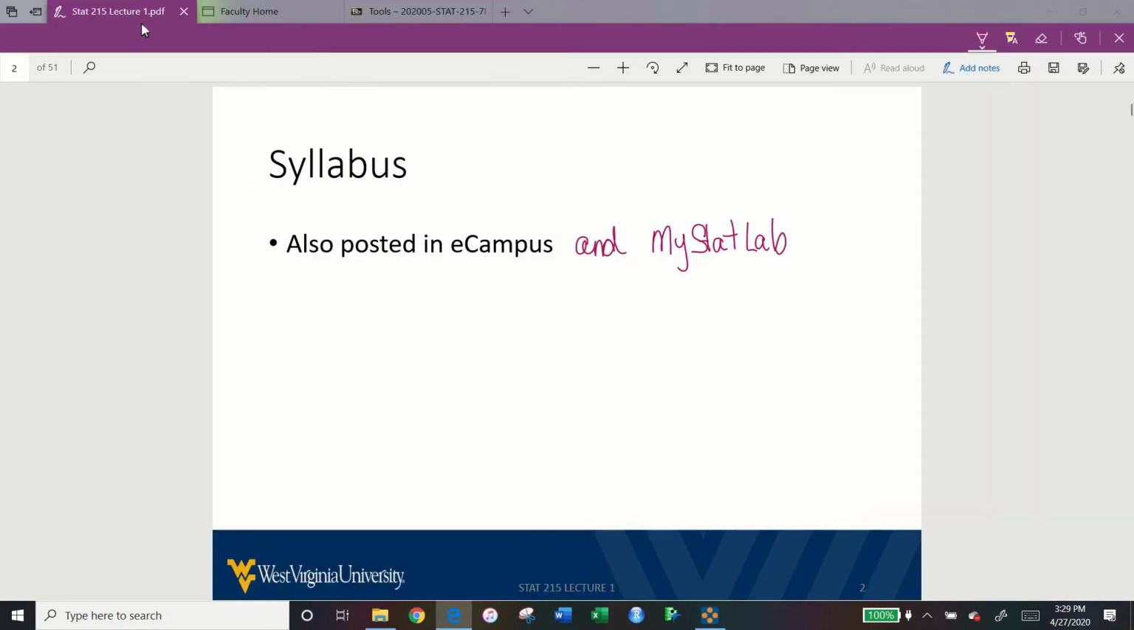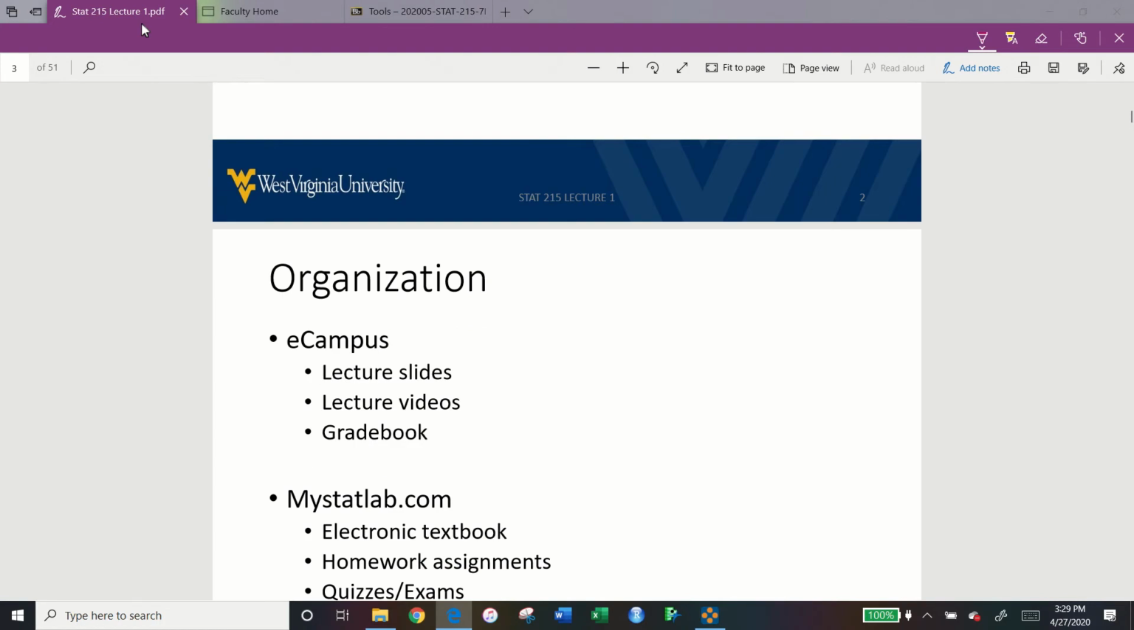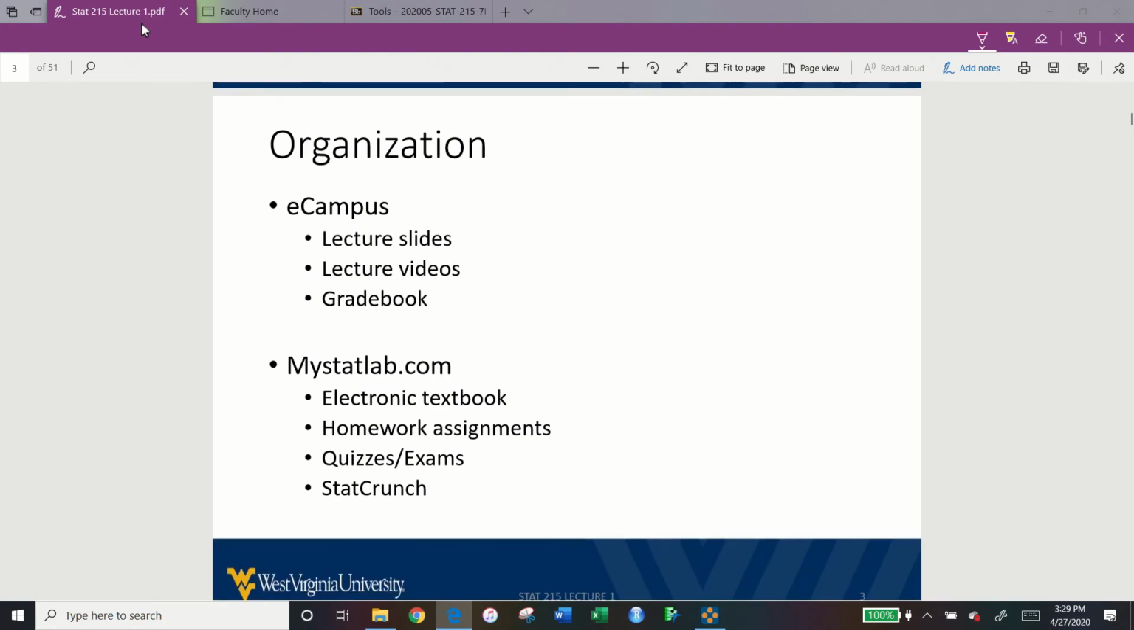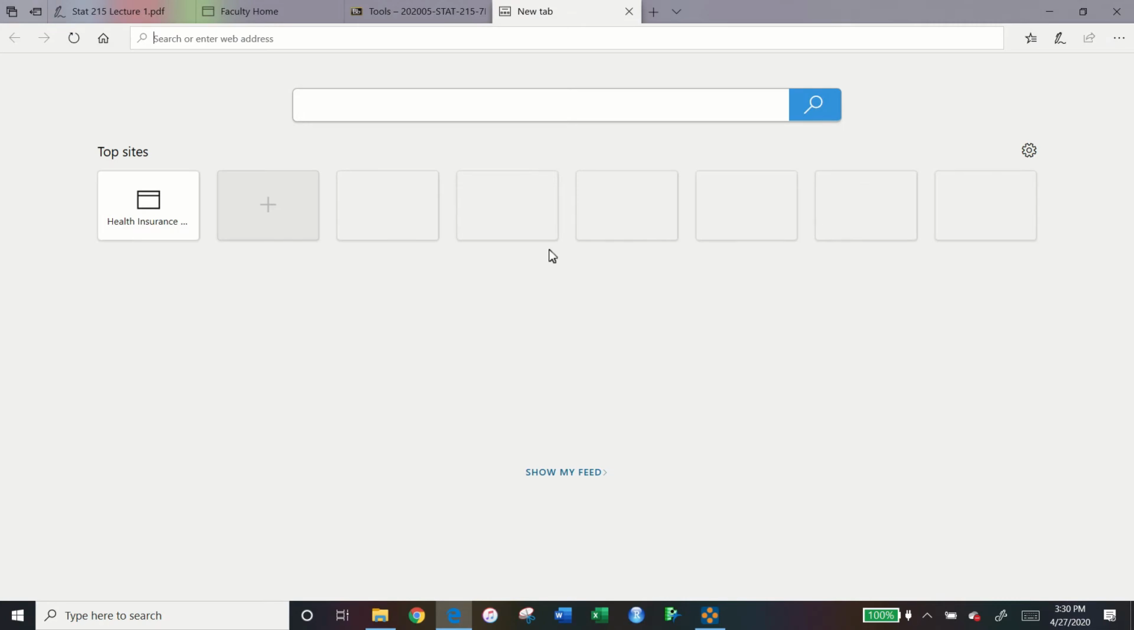So now that we've taken a look at our syllabus, we can start getting into a little more of the organization. So on eCampus, just to review, that will be where your lecture slides, lecture videos, and your gradebook's located. On mystatlab.com, that's where you'll have your electronic textbook, your homework assignments, quizzes and exams, and your StatCrunch. So just to give you an idea of what My Stat Lab looks like,